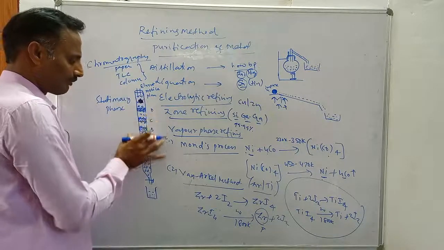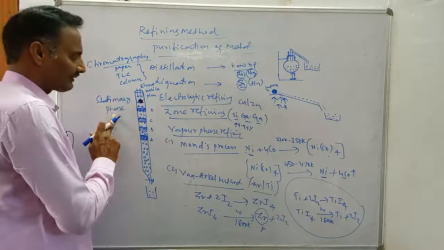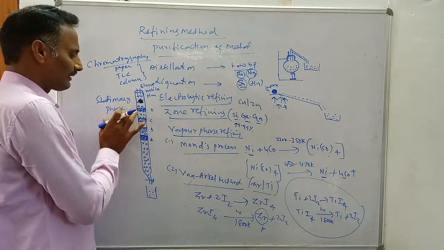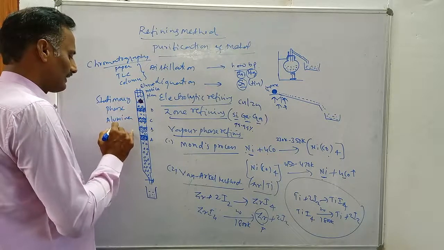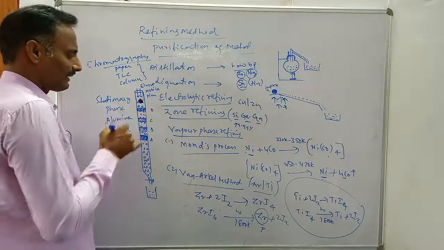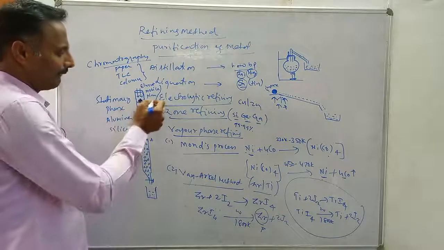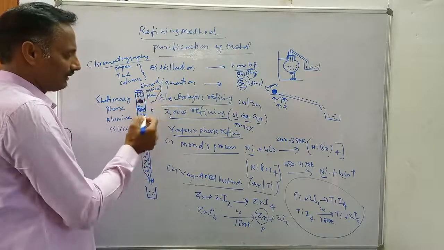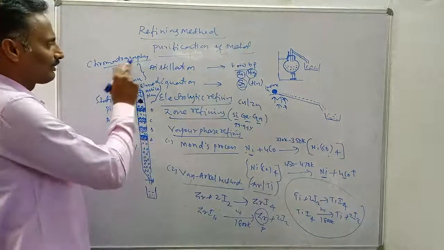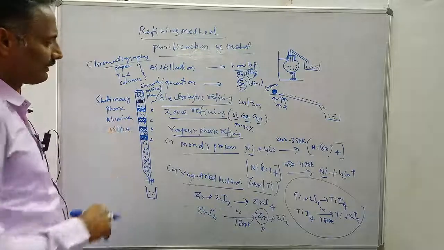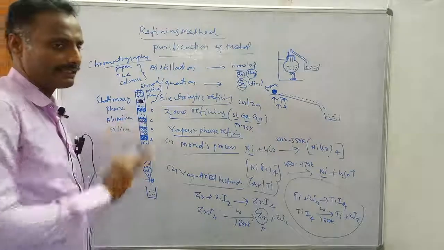This is also called column chromatography, and it consists of two phases: one is the stationary phase and the other is the mobile phase. For the stationary phase we generally use alumina gel or silica gel, which act as the stationary phase, and an organic solvent generally acts as the mobile phase. By using suitable solvents, different substances move different distances and are separated. This technique is called chromatography. From this technique you get the highest purity of compounds. Generally, drugs are purified by using this technique.